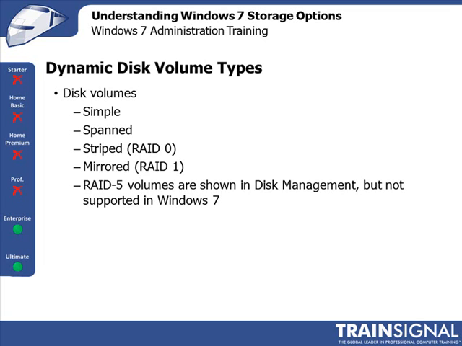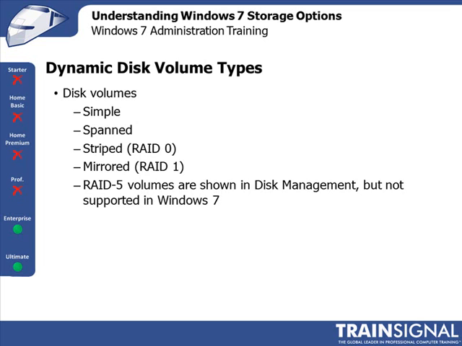Mirrored disks are called RAID 1. Now, mirrored disks basically do what I said before, which is make copies of the data on 2 drives. There is a bit of a performance hit when you have mirrored disks. You basically take a 2-to-1 performance hit on writes. Every time you write to the disk, it requires 2 operations, 1 for each disk, in order to function. So there is a little bit of a performance hit, but it's worth it as far as protection of the